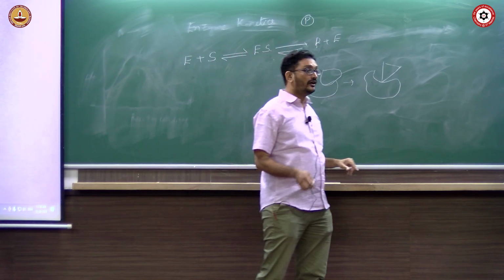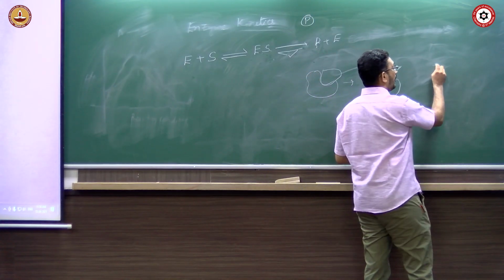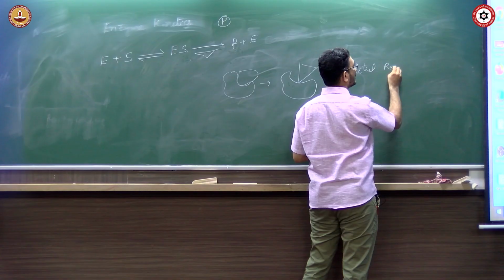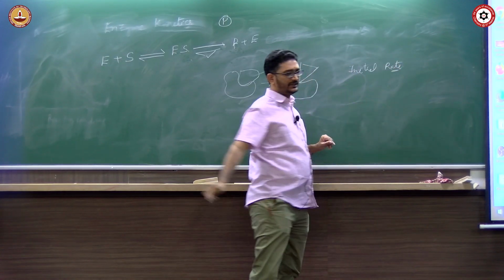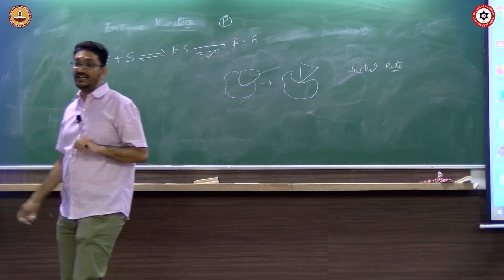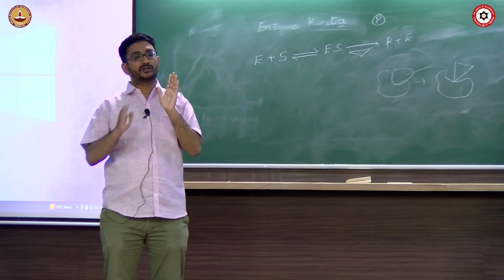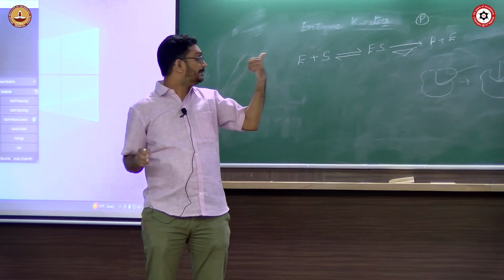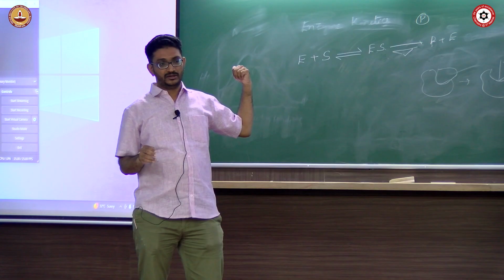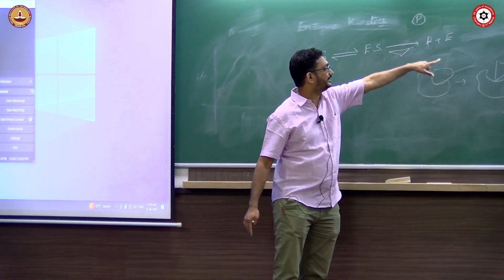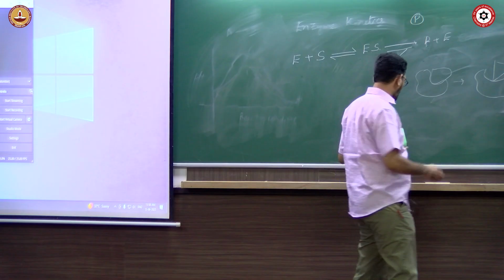So in any enzymatic reaction, we always determine what is called the initial rate, not the overall rate of the enzyme kinetics. Initial rate means the time at which the product concentration is so minimal that the backward reaction is not possible. So you always ignore this backward reaction and then proceed, right?